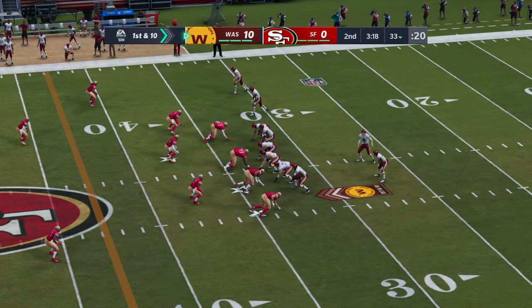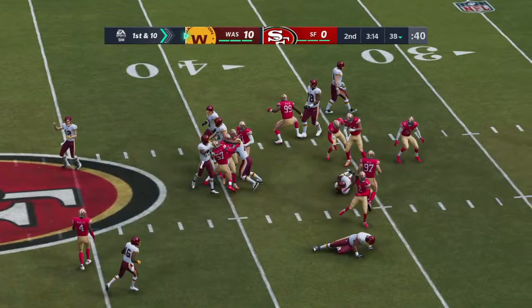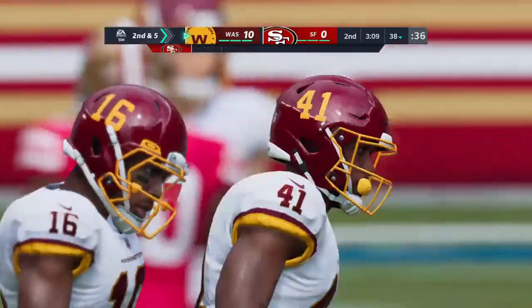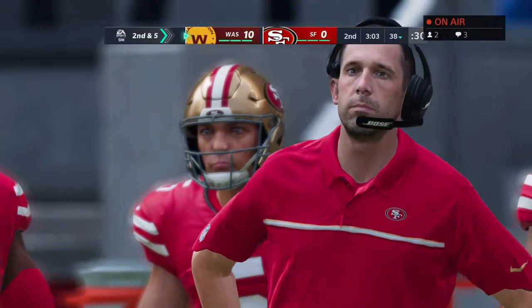downs at their own 33-yard line. They will run it. It's McKissick. The Pro Bowl corner, Jason Verrett, on the tackle. That's a really nice job by them picking up the run blitz and